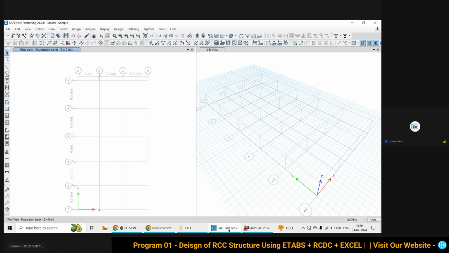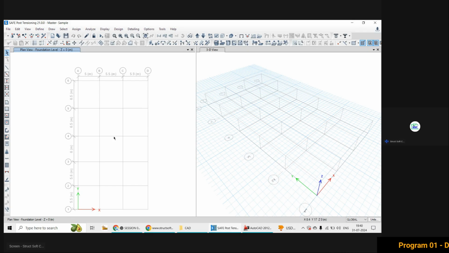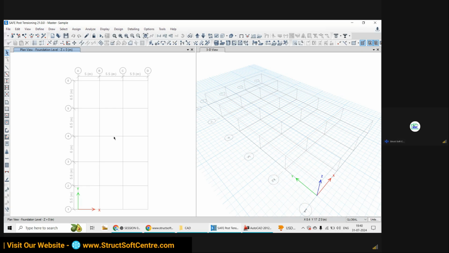All that we planned to discuss along with the completion of this sample project. And in the light of that objective we are trying to complete this sample project.